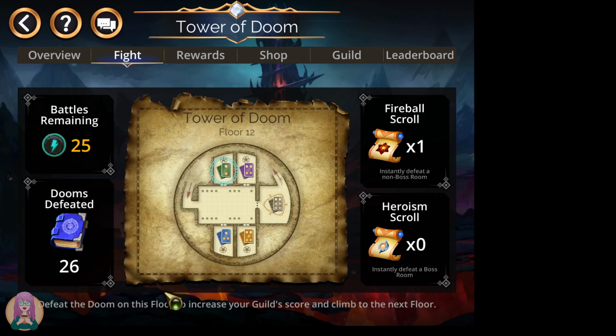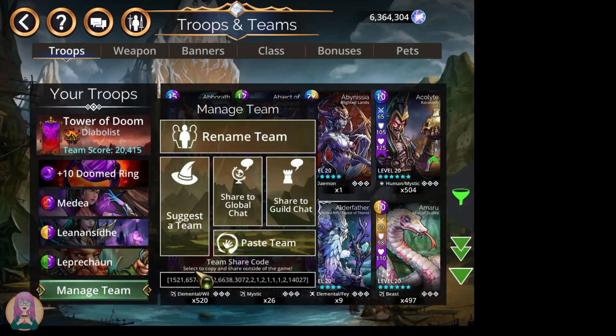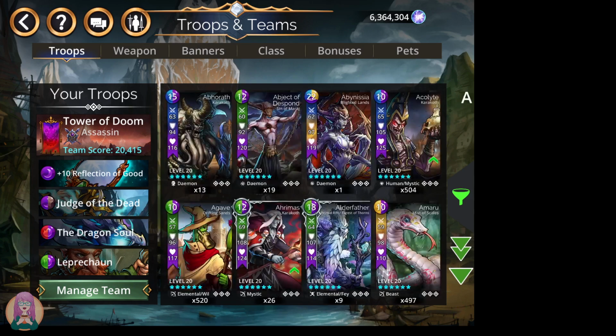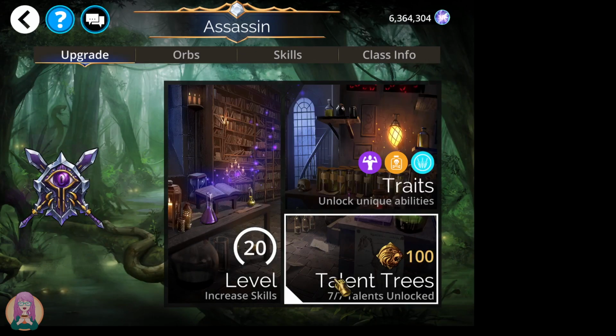Alright, next floor. Floor 12. I need to do this room, and as far as the team goes, this one is a soul-based team. Assassin is my favorite of the ones that has a purple storm starting out, and so I used an assassin here, but you can use any class with the death talent tree, and the way that you find that, you go to talent tree and you put in death, and that will give you the